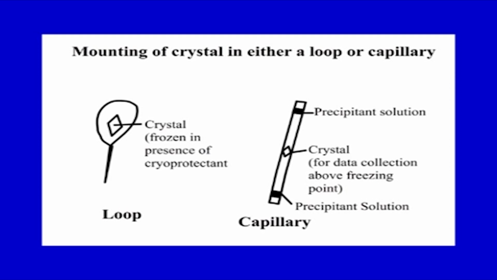It is picked up by surface tension, the crystal comes in the loop, and then it could be frozen with liquid nitrogen, or you can do it with liquid propane and then put it in liquid nitrogen. This could also be stored for a long time in proper condition. Once the crystal is picked, it could be put in front of the X-rays and then data could be